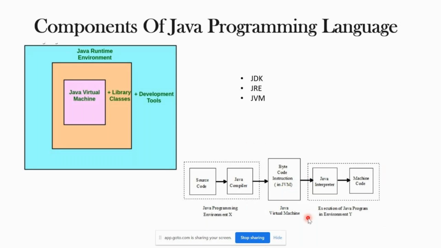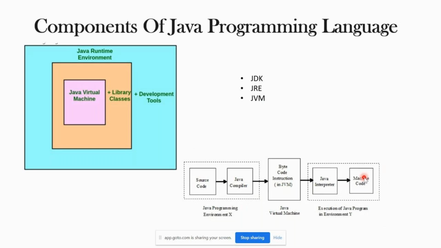Somebody has to do that work, right? That is done by the JVM, the Java Virtual Machine. Its functionality is to convert my human-readable code to machine code so that my processor, my CPU, will understand.